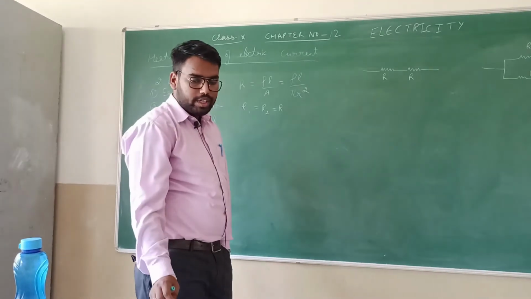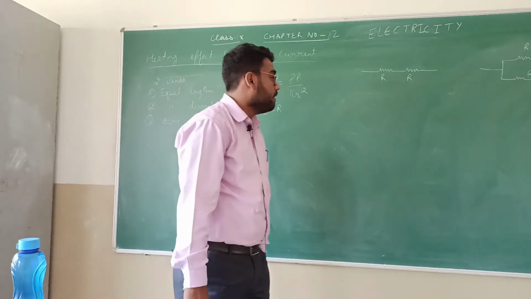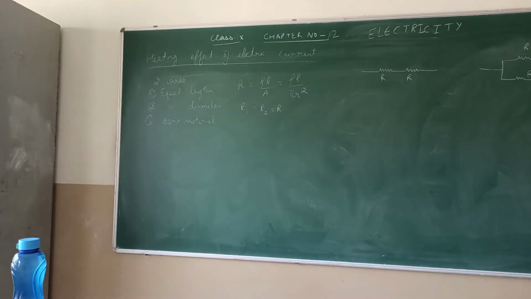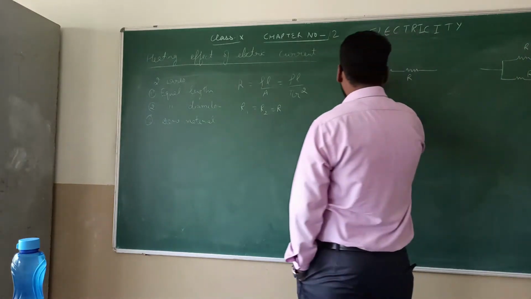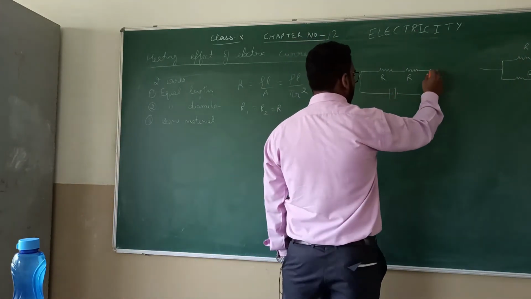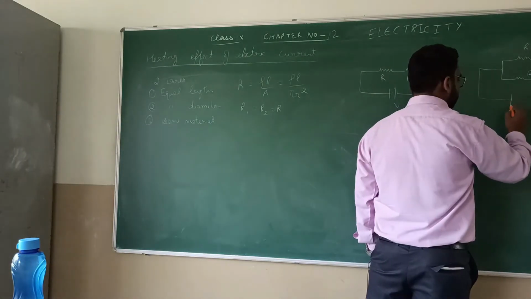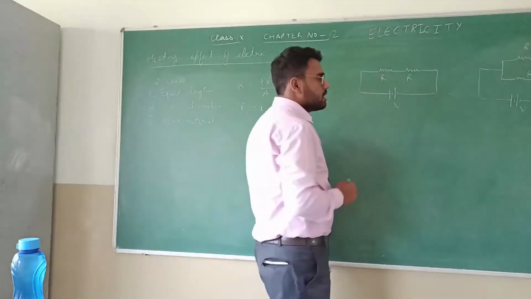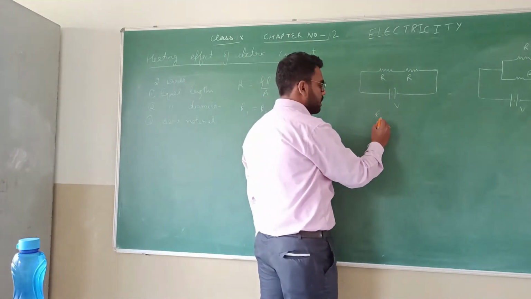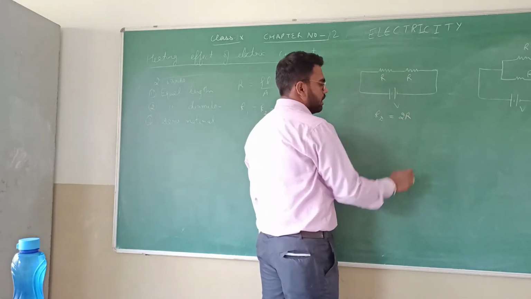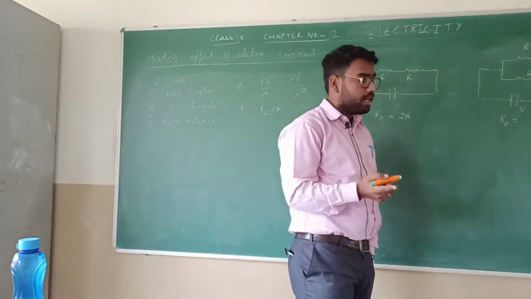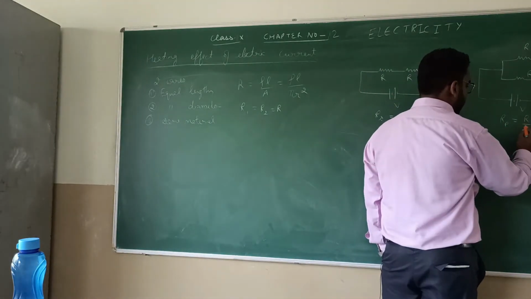So we will use the same formula, since the potential difference applied is the same. This is also given, the potential difference is the same. So we can complete the circuit by using a battery of V. So what will be the total resistance in the first case? The answer is we use Rs, that is R plus R, 2R. In the second case we will use Rp, that is 1 by R1 plus 1 by R2. After solving this we will get R by 2.